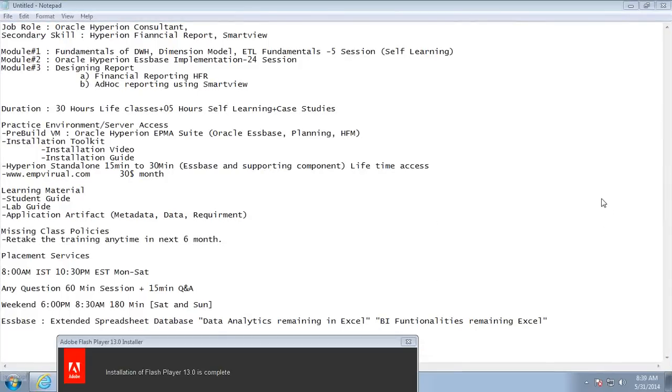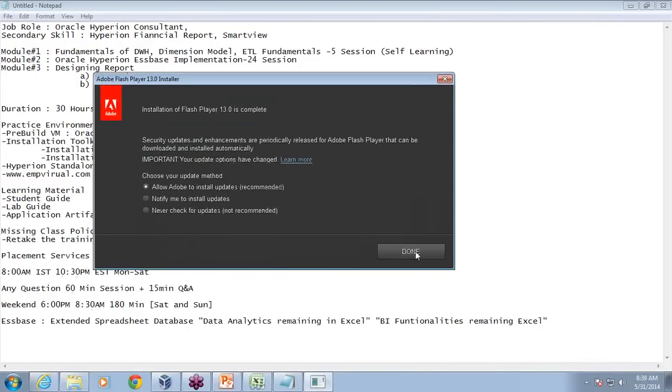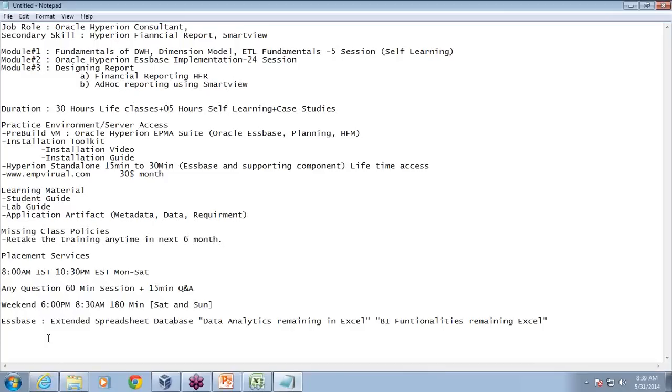Now see this requirement. I am designing a solution where my enterprise warehouse consists of multiple subject areas. It has information about customer, product, distribution channel, HR, and finance.